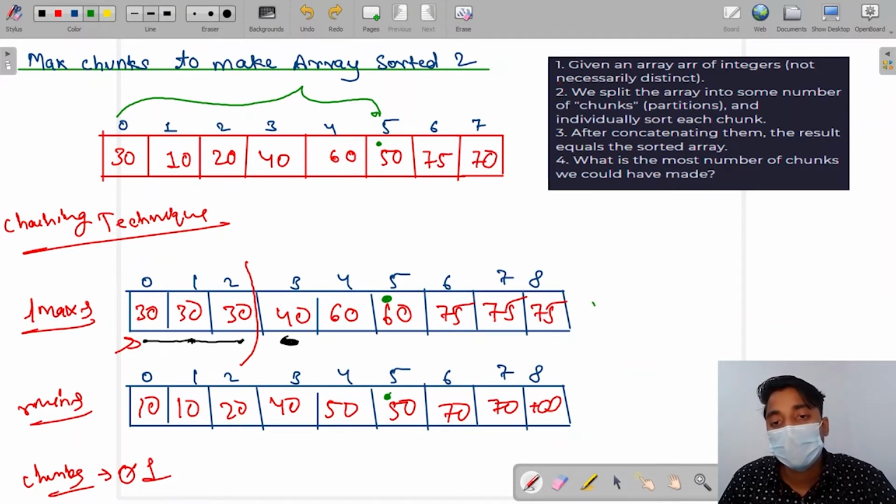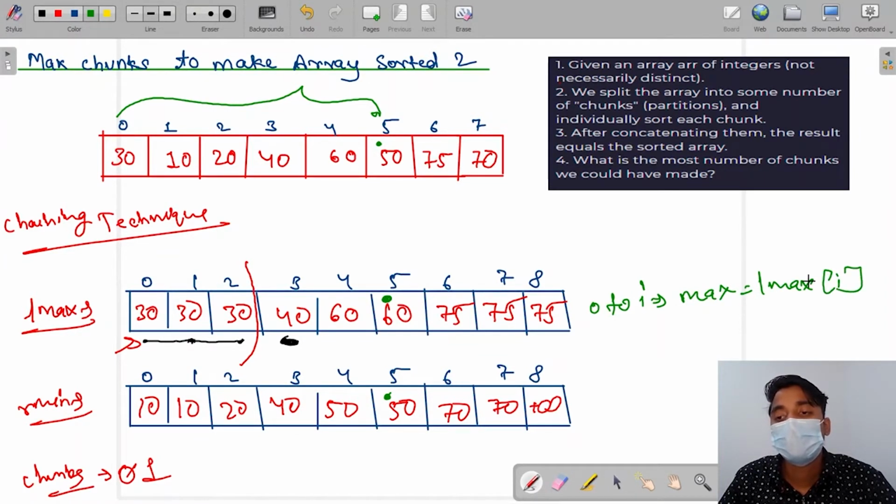This means from 0 to I, the maximum value is Lmax at I. And at rmin, this shows that from this position, that is the fifth index, till array.length minus 1, the minimum value is 50.